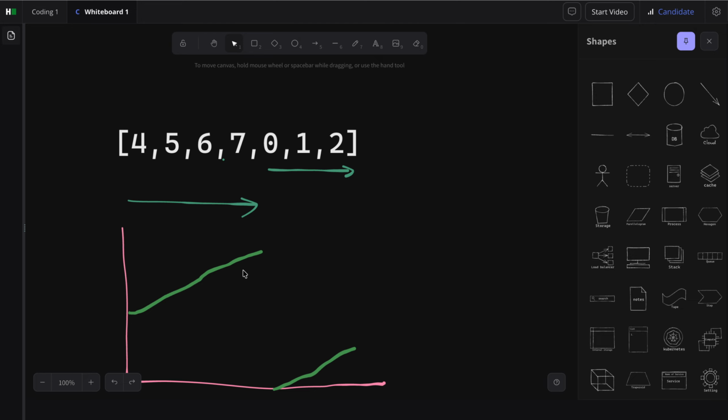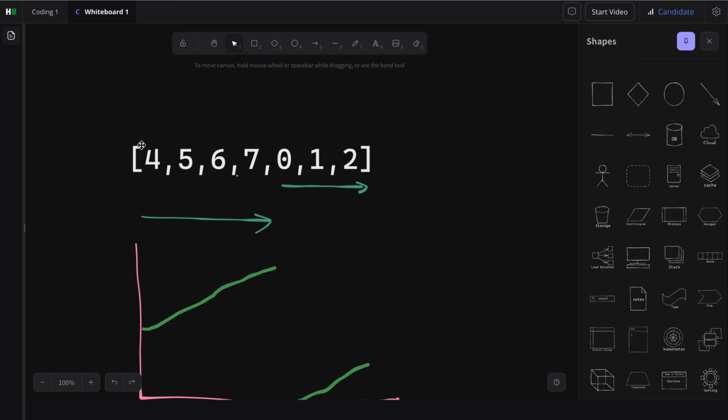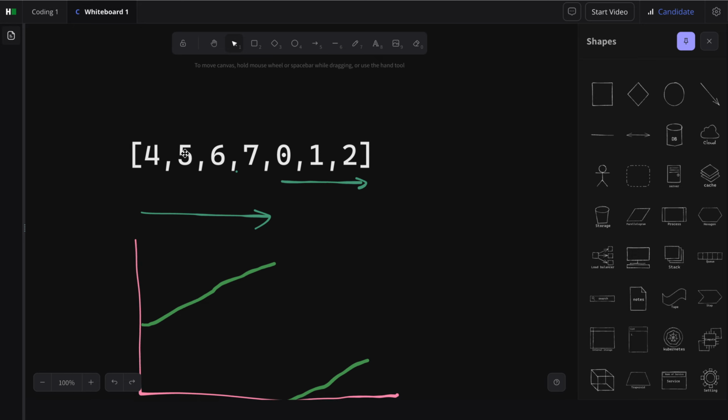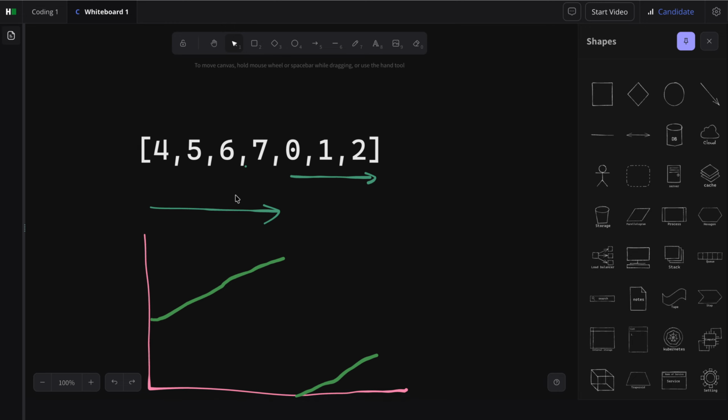We need a log n solution, so like I said earlier, we can't just go through every single element. If the target is 0, we can't go through the entire array and return the index when we reach 0, because that would be linear time complexity. Linear means it would be fixed to the length of the array: if the length is n, you'd have to go through all n elements in the worst case. By log n, that usually means you want to cut the array in half. So I guess we still want